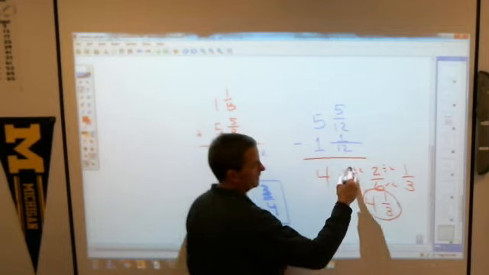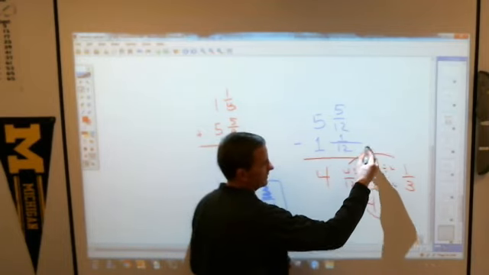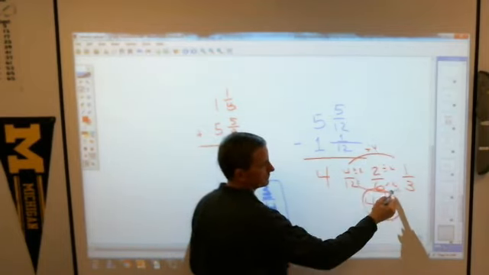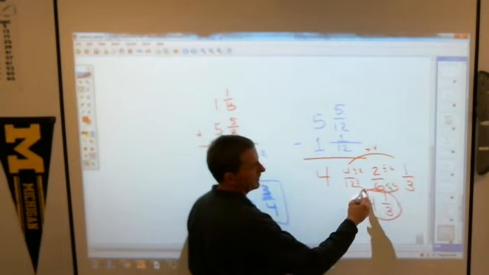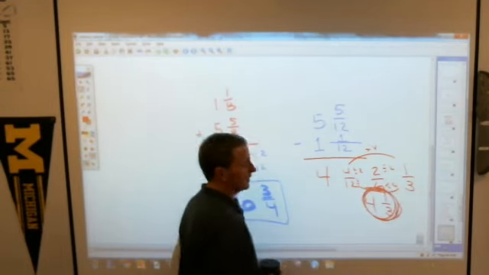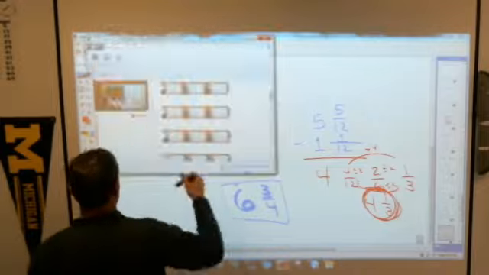Which you could have done right away by dividing top and bottom by 4. You would have recognized that right off the bat. Got 4. It takes a little getting